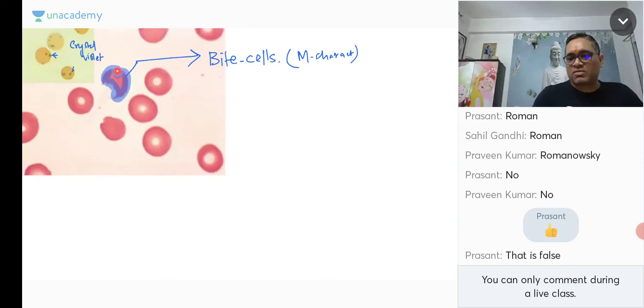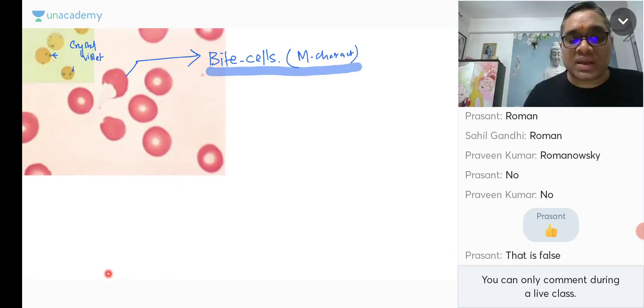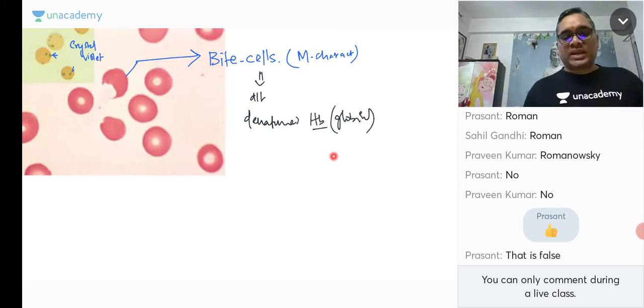These are not because of the macrophage eating. Remember, I'm telling you because in Robbins you'll be getting confused. But if you read the intro or recent articles in hematology, you will find this point, and that is how questions should be asked, or will be asked, in your exam, right? So white cells are always, remember, due to the denatured hemoglobin, precisely due to that. Okay, so that's done.